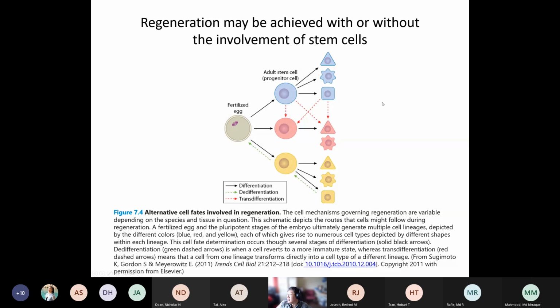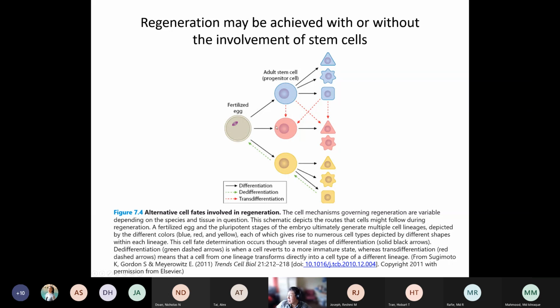Now the adult stem cell can repair damage. For example, the lining of the intestine. The cells get replaced. It's because of the adult stem cells there. So this is the natural course. It's just differentiation. So this repairing involves stem cells, involves adult stem cells. But